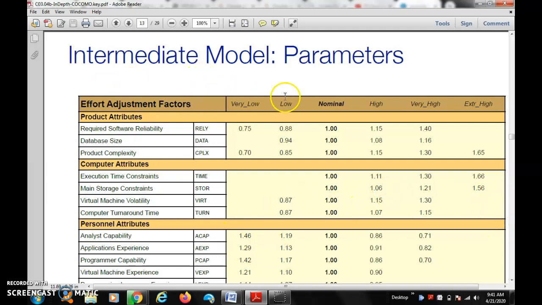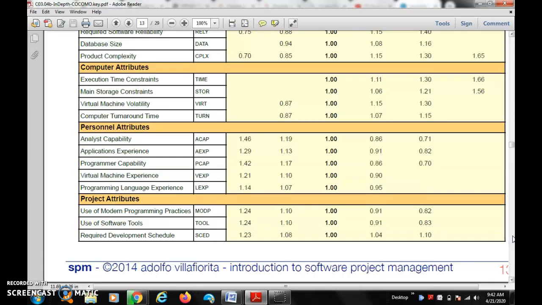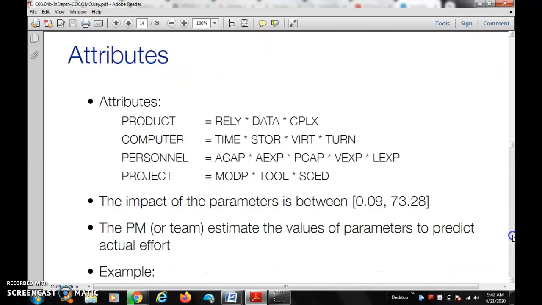So these are the intermediate model parameters. You have to use these parameters and calculate the value. And then personnel attribute and project attribute are also there. Accordingly, based on the values, you have to calculate the